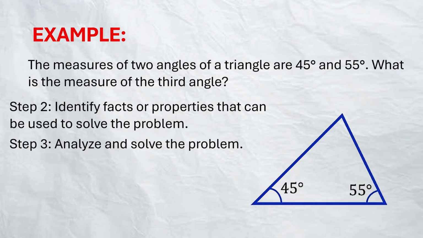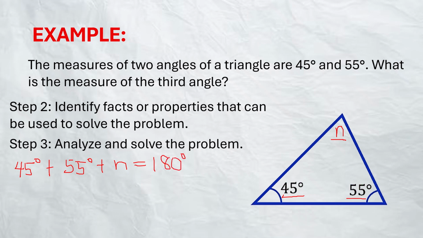We have to recall that the sum of the measures of the angles of a triangle is equal to 180 degrees. So based on the given, we know that the measures of the two angles are 45 degrees and 55 degrees. So based on the property of triangles, we also know that the sum of the measures of the three angles is equal to 180 degrees. So if we will compute the missing angle, which is this one, let us denote it as letter N, since we do not know yet the value. So by equation, it will become 45 degrees plus 55 degrees plus N, which is our missing angle, is equal to